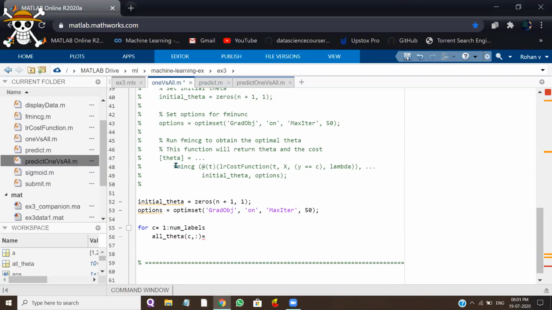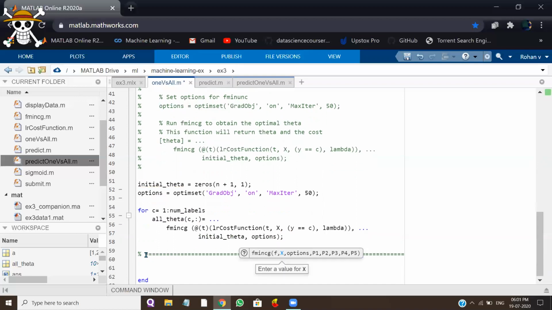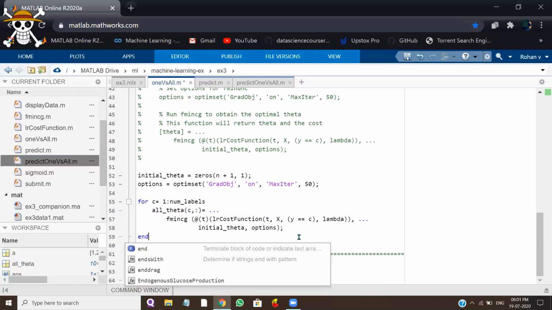After writing this, just copy this and paste it. Make sure you put here 3 dots. Remove this percentage. Now you need to add end. Come here, just write end. It's perfect.